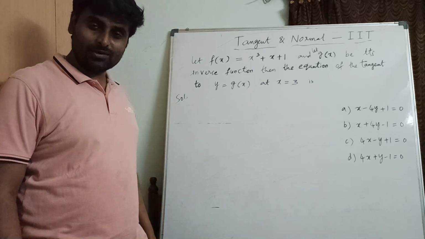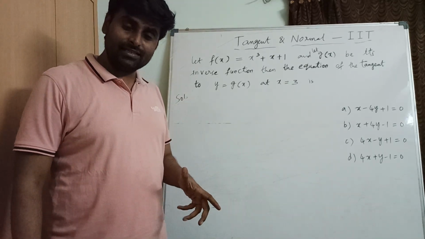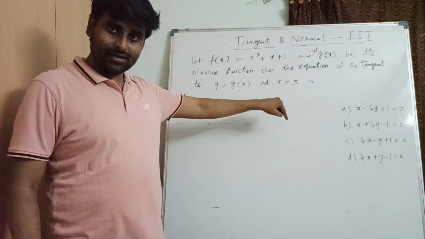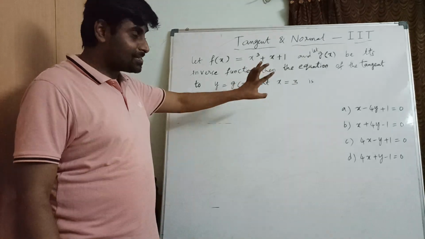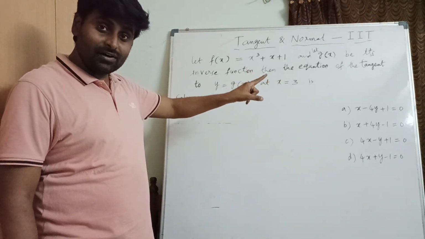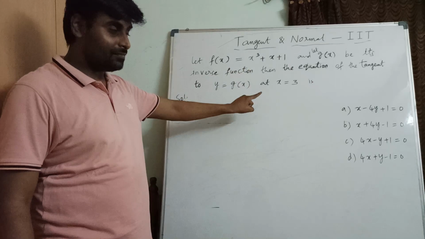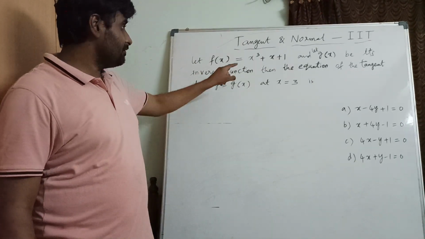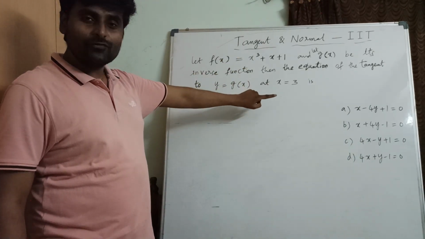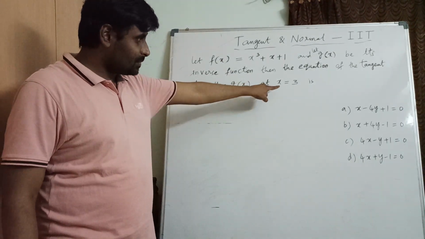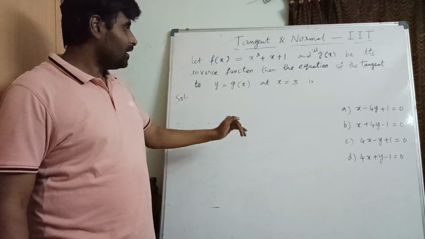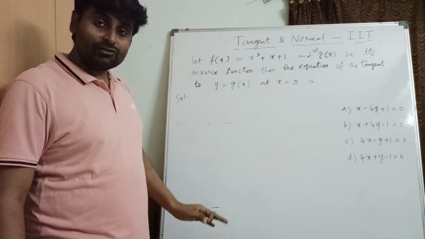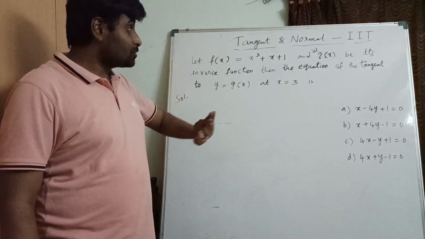So till now we have found the equation of tangent for the given curve directly at the given x value, correct? But here we are going to find the equation of tangent of the inverse curve of this given curve at x equal 3, correct? So now, let us find the inverse for this, differentiate that and substitute x equal 3, we'll get the slope. After that we can go for finding the equation of tangent,